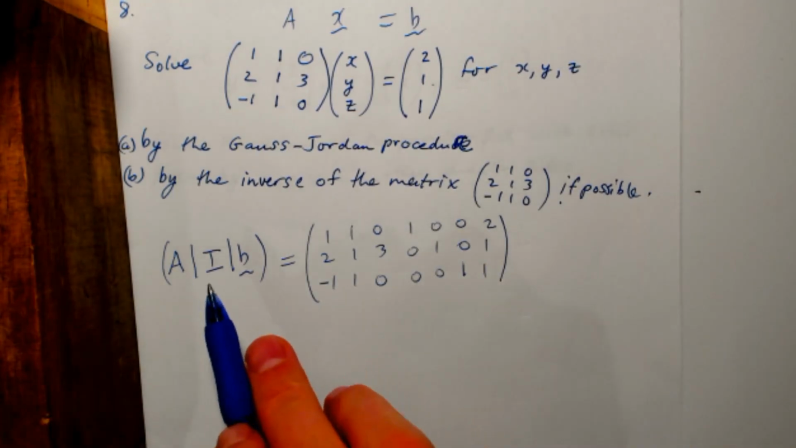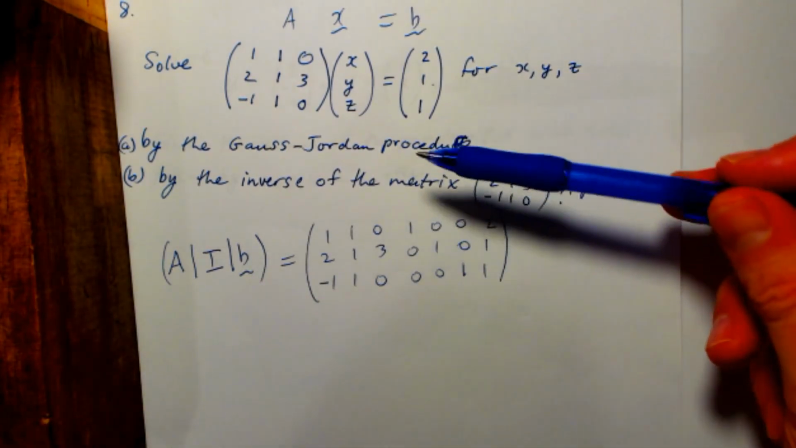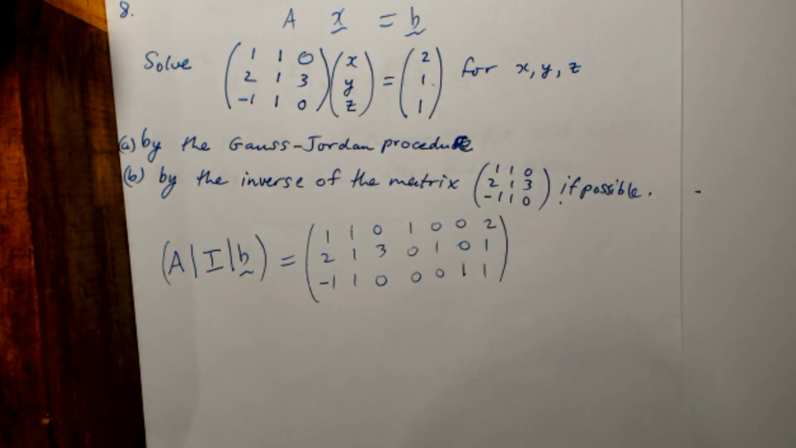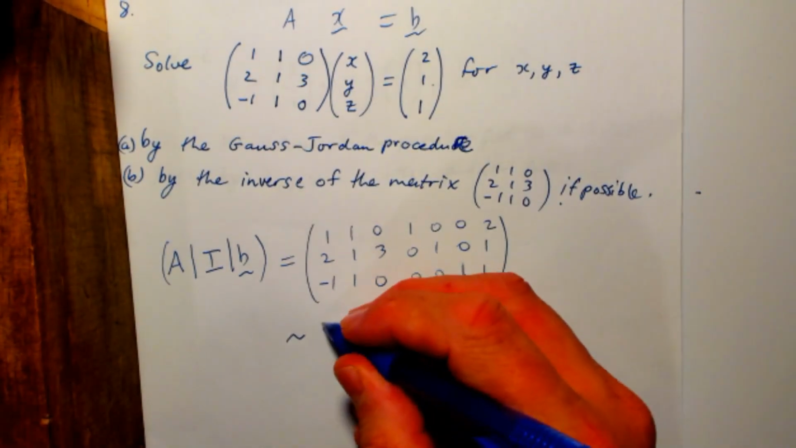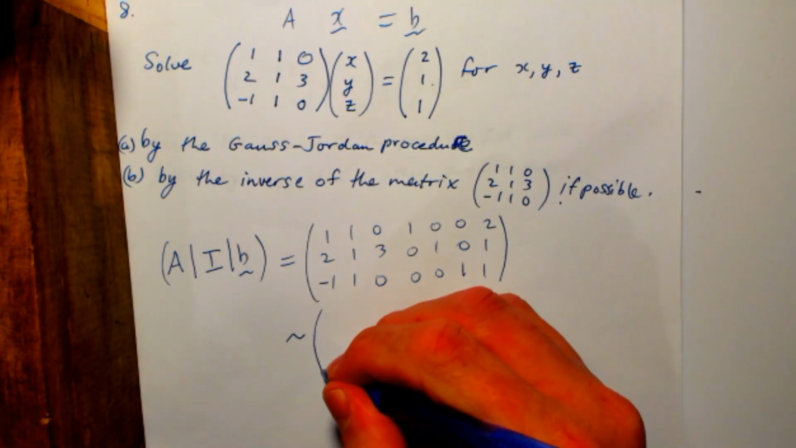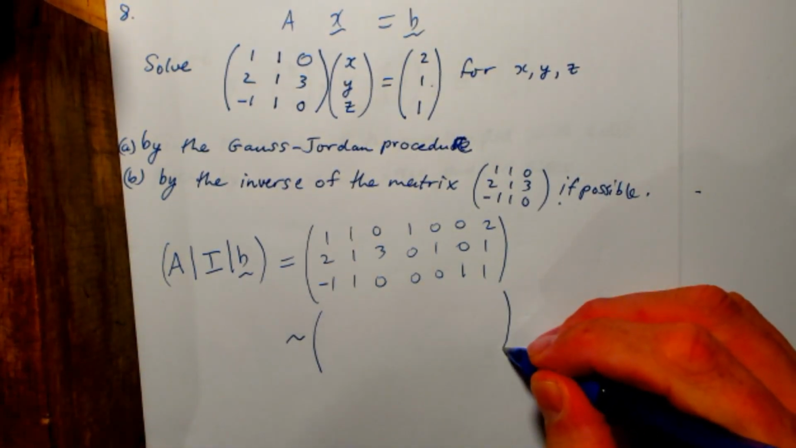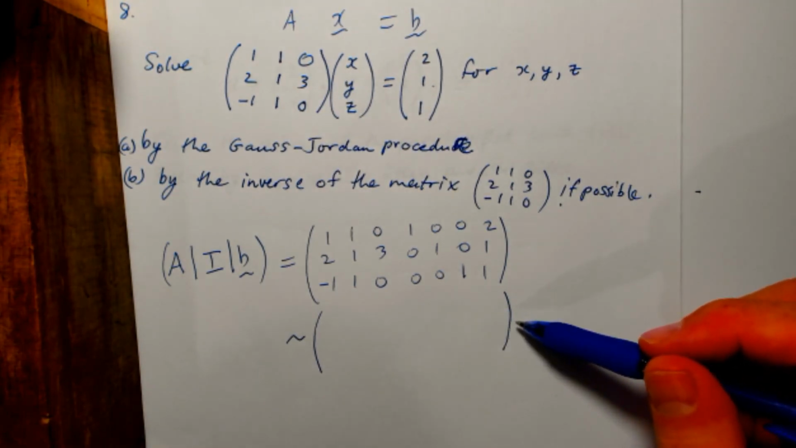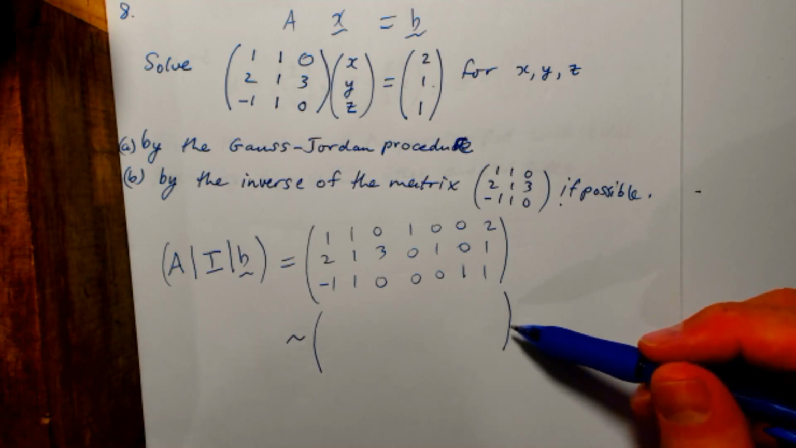Okay, and the reason we put both of these here is so that we can do parts A and B in the same row reduction, which will make this considerably faster and easier. Alright, so we want to perform row reduction, so I put a tilde to say that these are row equivalent. So the first thing I want to do is replace row 2 with row 2 minus